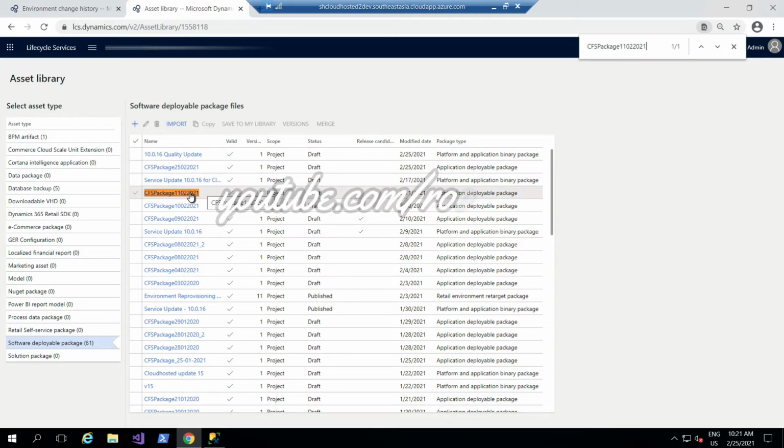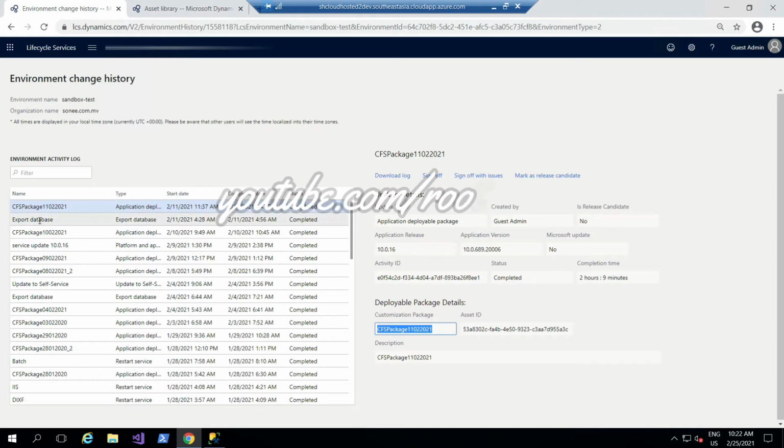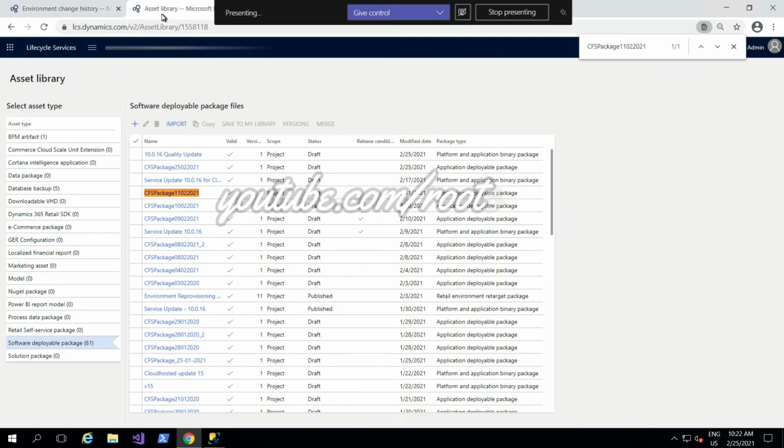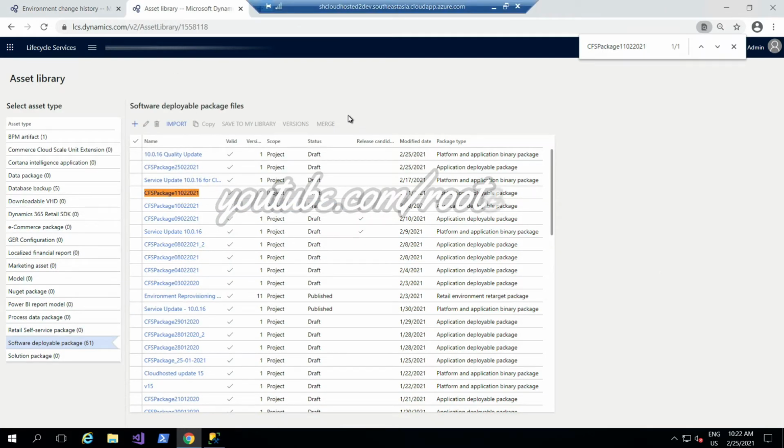Once I have downloaded this package, just go and open that package. But here is the tricky part. Just open that package, don't extract it, or it will not be validated through the asset library's process and you will not get the valid tick. So just download that package and don't extract it.